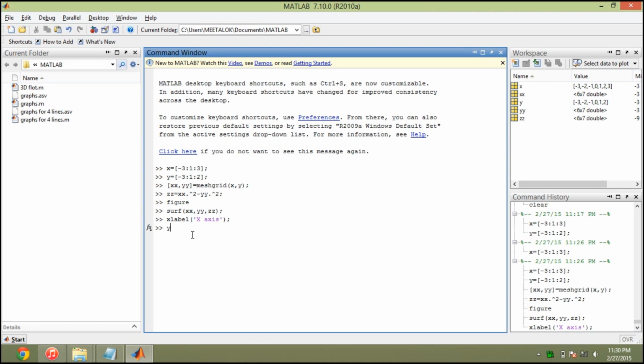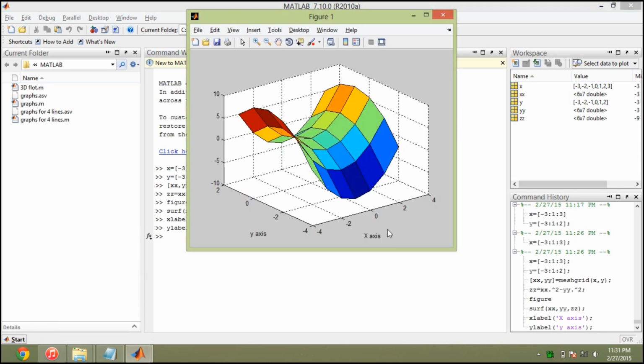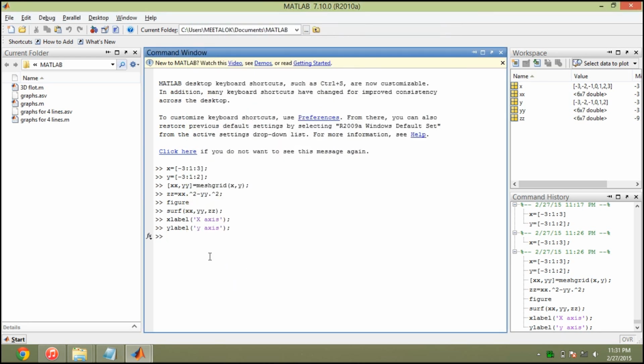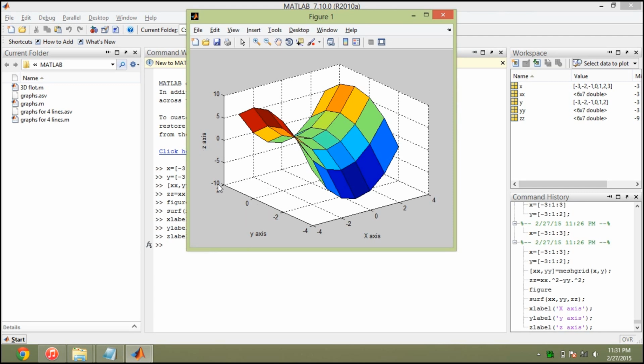If you want to write the y axis, ylabel, y axis, and you see all these changes in the graph. Here are the x-axis and y-axis; you can also write the z-axis title at this place. For writing the z-axis, you can simply use zlabel, z axis, hit enter, and you will see that the z-axis is also plotted.